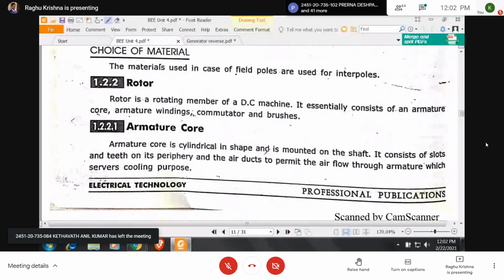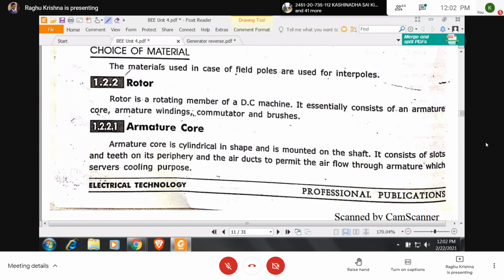So just know about the parts. If you are interested, I will explain in another class. For you, it is not that important for the exam. From the exam point of view, it is not that important. As I have to complete the syllabus, first I will cover the syllabus. Afterwards, we'll take the classes in which you are interested.